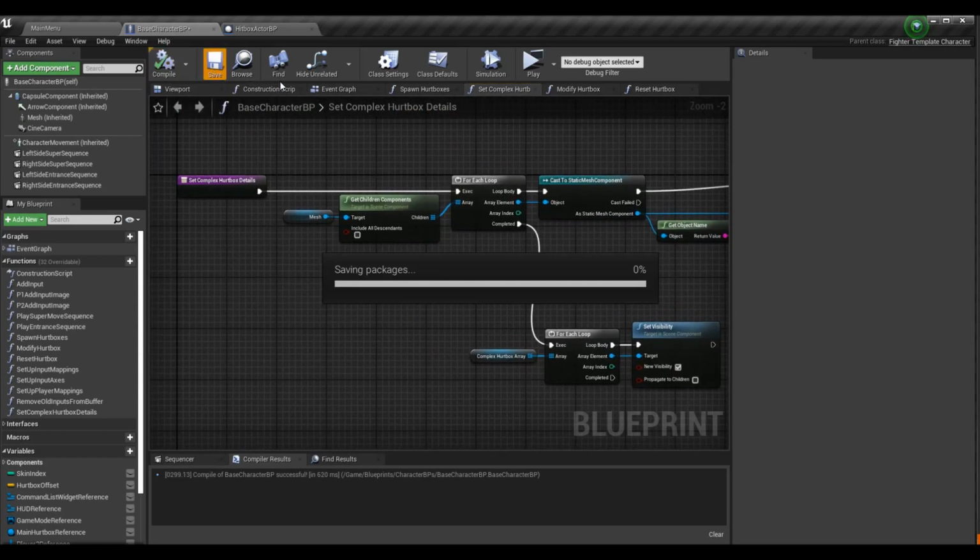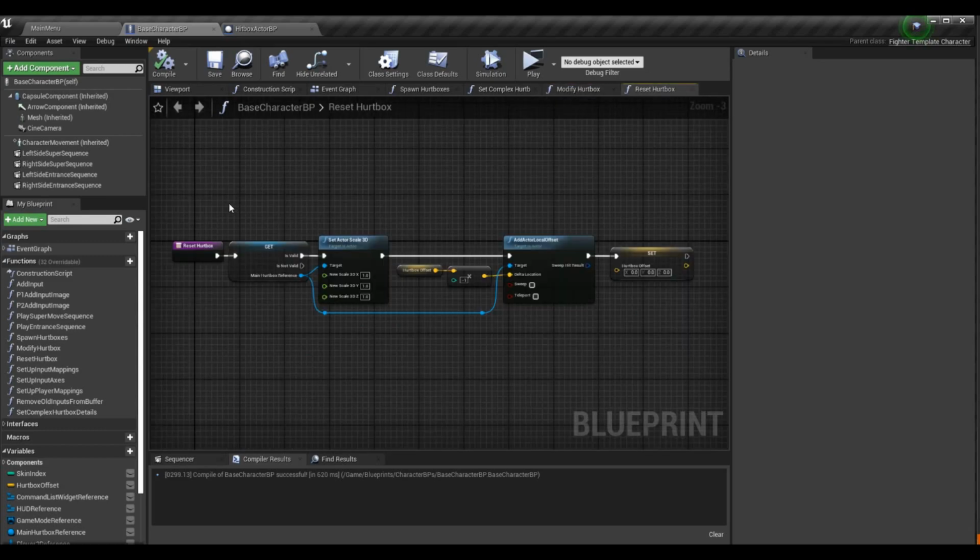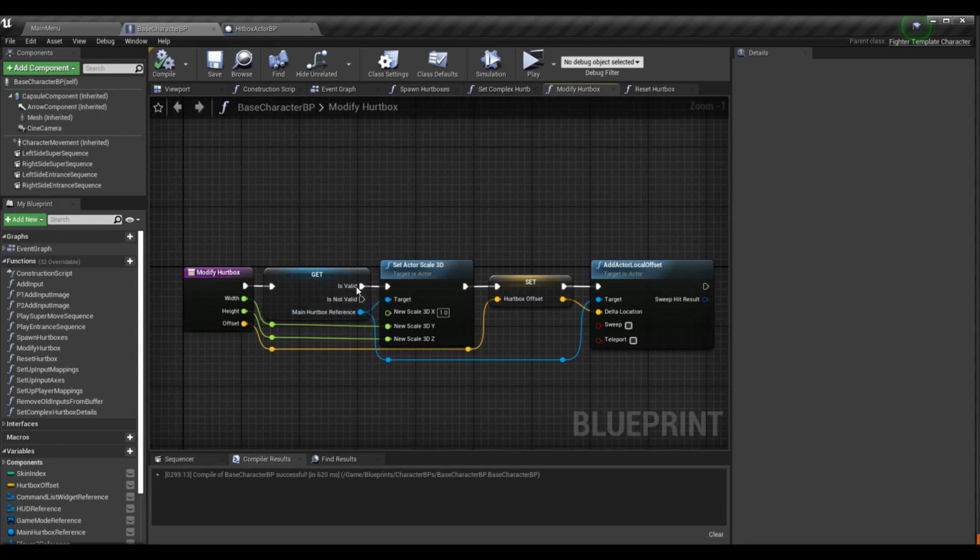All right. We can leave these other functions alone. These are other functions that I did work on in the past and I have kind of shown off, but they're mainly for the simple hurtboxes. The only reason that they are here is because I made this change and we don't always have a main